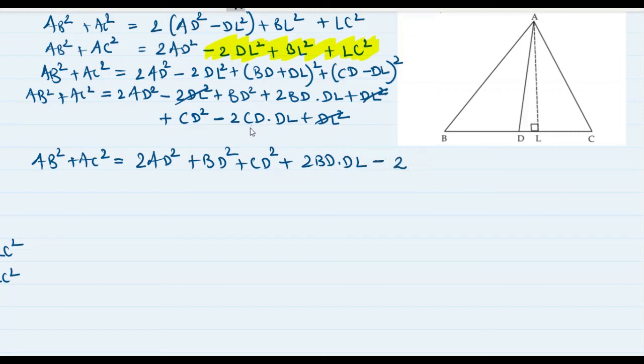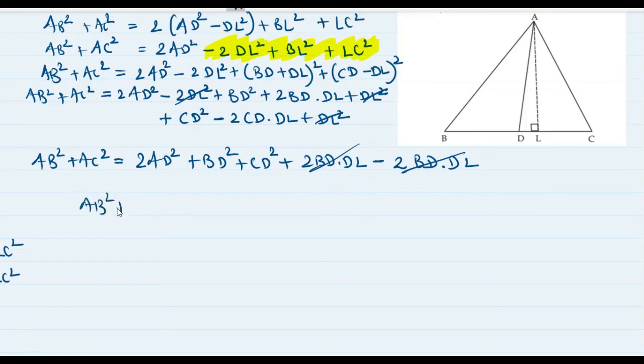In the place of CD, can I write BD? Because CD is equal to BD. Why? Because D is the midpoint, AD is the median, right? So in the place of CD, if I write BD, there is no problem, into DL. So 2BD into DL minus 2BD into DL will get cut, and we get